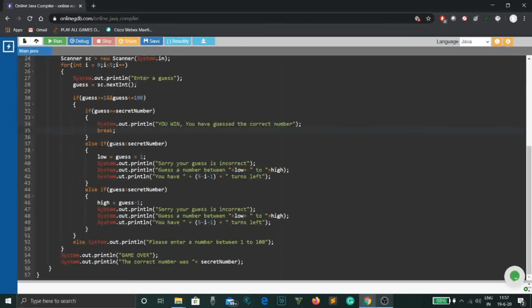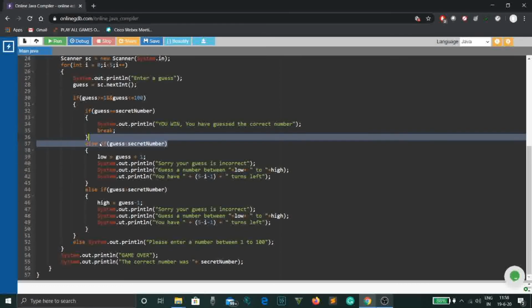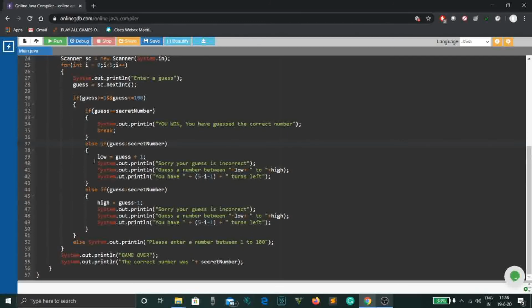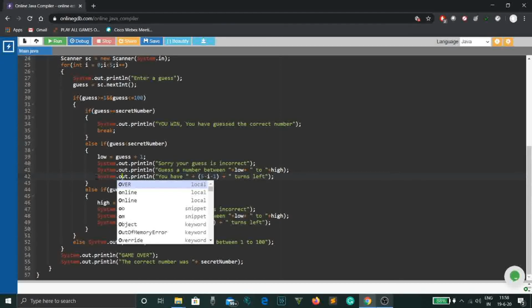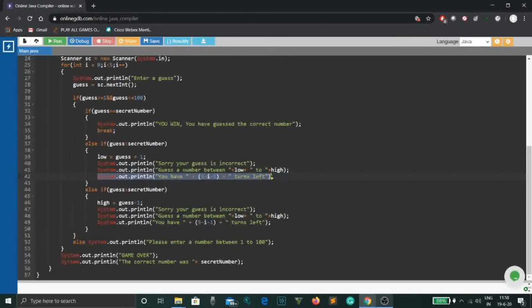Now what if the user guesses incorrectly? So we'll have to declare a condition for that as well. So here we'll write else if guess is less than secret. If the guess is less than secret number, then we'll update the range. Then we'll show him the new range. Here it's system.out. Then we'll tell him the number of turns left,